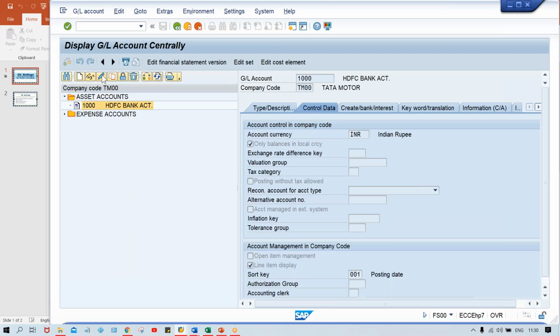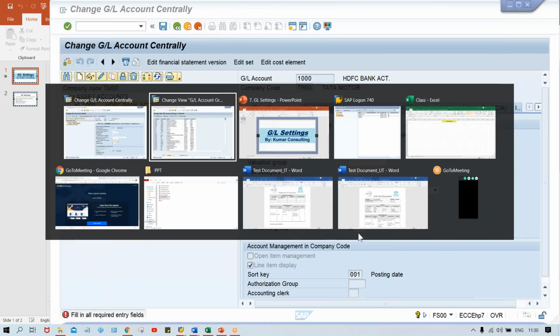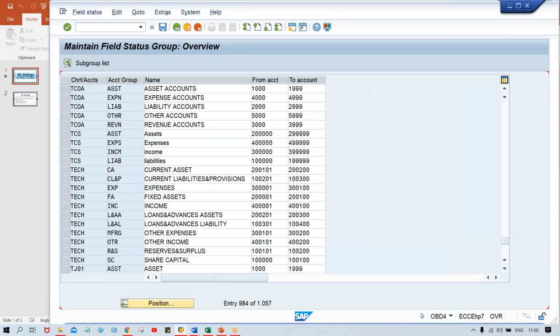It means if you click on the edit button, look here, all the fields are normal, whereas this inflation key and tolerance group are converted into required entry, because this symbol is appearing. So these fields are required entry. If you don't enter anything and try to save, look here, the system is going to throw an error. Why? Because these fields are now required entry, you must give certain inputs. I'm not going to give any input, guys, I'm simply going to make changes here.